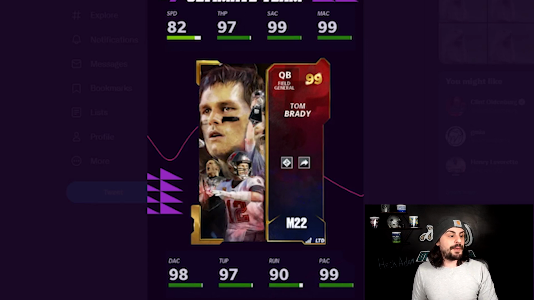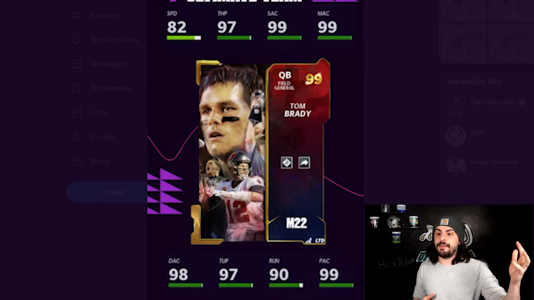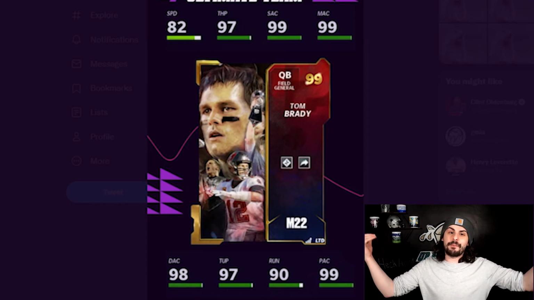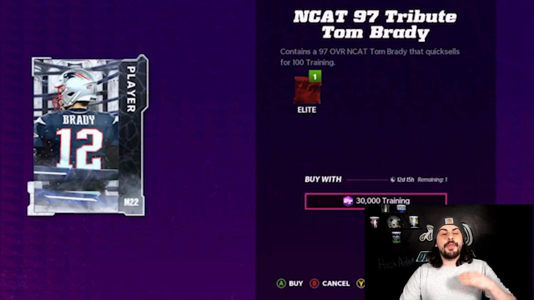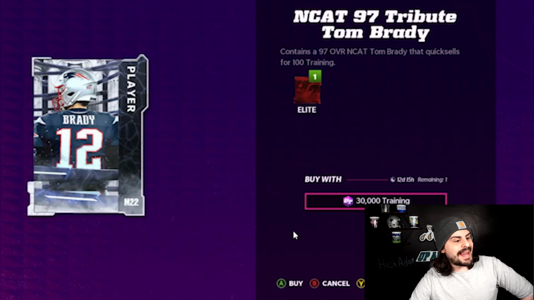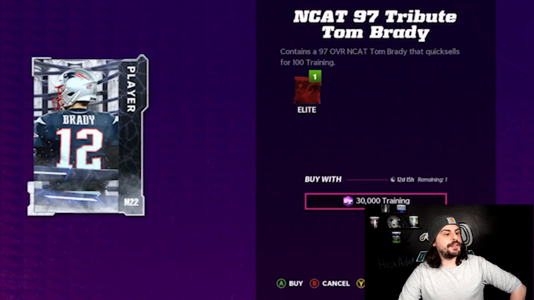But this Tom Brady looks really, really good, and it comes with baked-in abilities, and if people are going to be opening packs for it, that means the market will come down, and that's when we take advantage of grabbing some more cheap training. There will also be a free NCAT, not free, sorry, a 30,000 training NCAT 97 overall